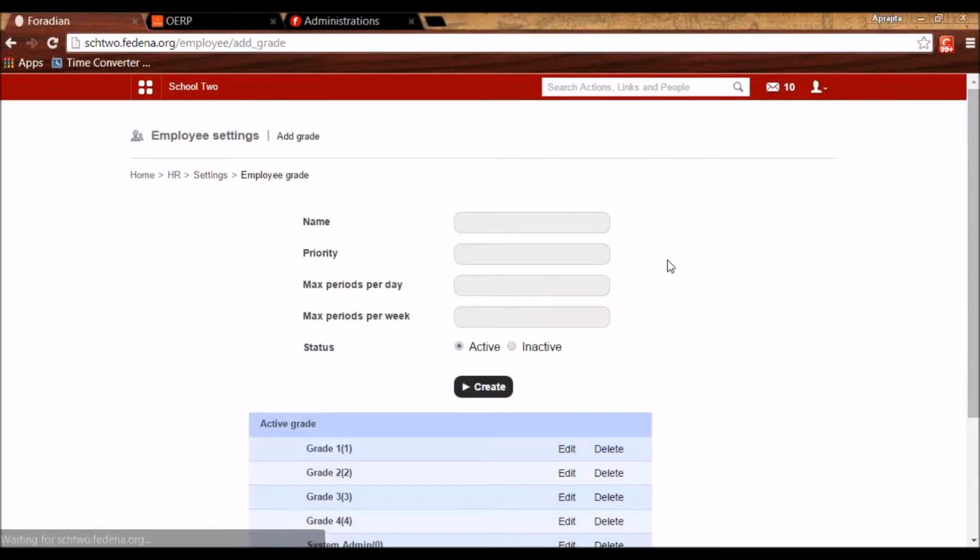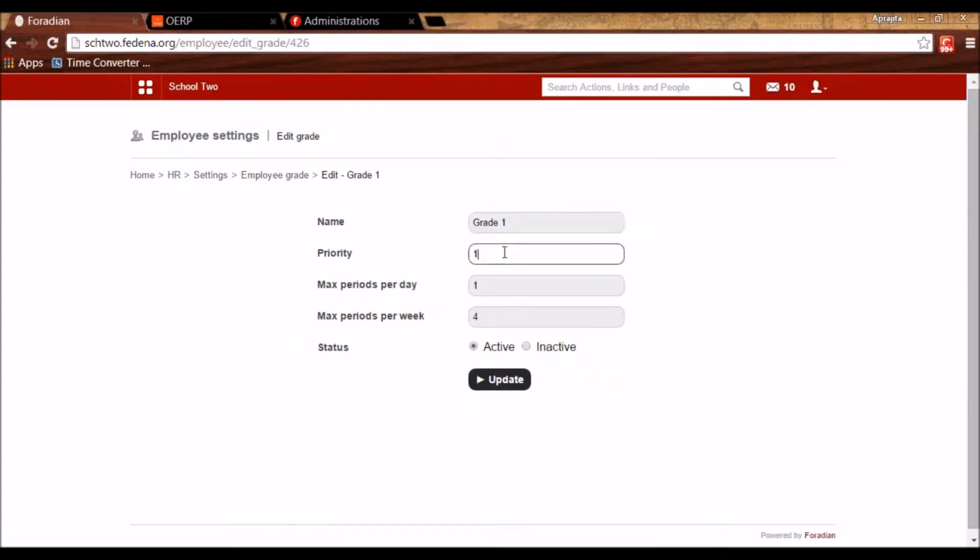Next step is grade of the employee. The grade of the employee is the maximum periods or the maximum class hours that the employee can take in a week or in a day. For example, I can define something like grade 1, and grade 1 employee can take 1 hour or 1 class in a day and 4 classes in a week.